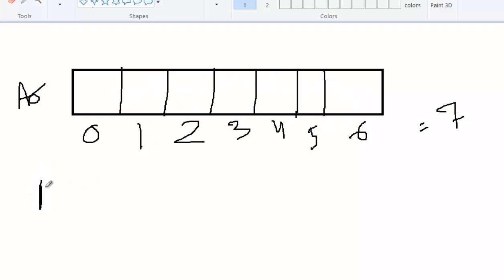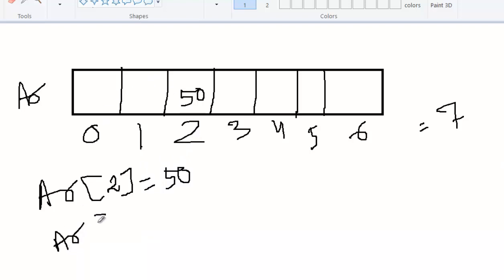And if I want to access any element, if I want to store a value, let's say in the third cell, that is the index 2 equal to 50, it is possible. The value will be stored directly in that location. After the third location, you want to store in the first location, also possible.